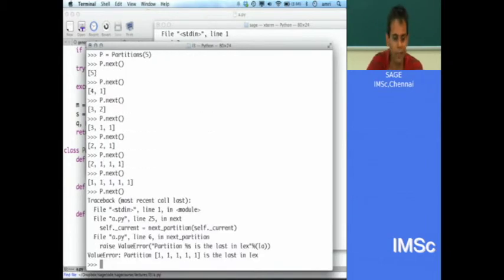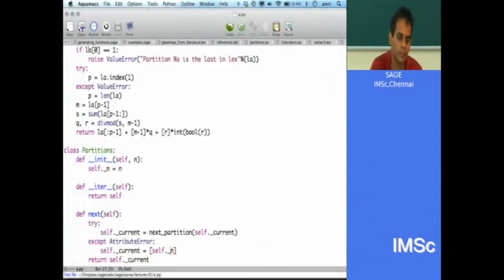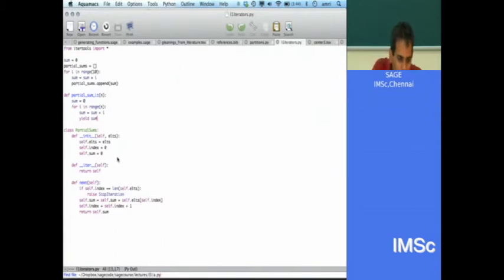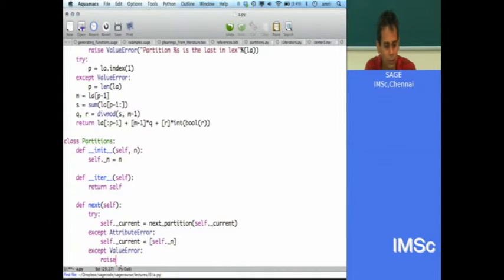Okay, so now this shouldn't be a value error, it should be a stop iteration, right? So I can add another one, except value error, raise. See, if we go back to my iterators.py, you have to raise stop iteration when it's done. That's what you need to do to get an honest to goodness iterator, which you can loop over and stop at the right time. So raise stop iteration.